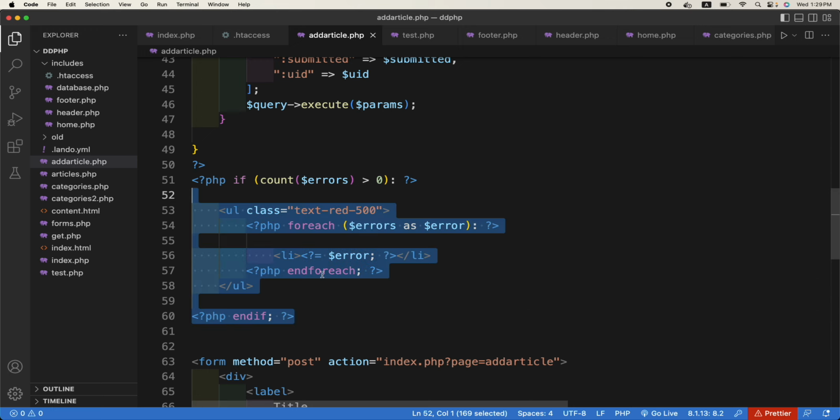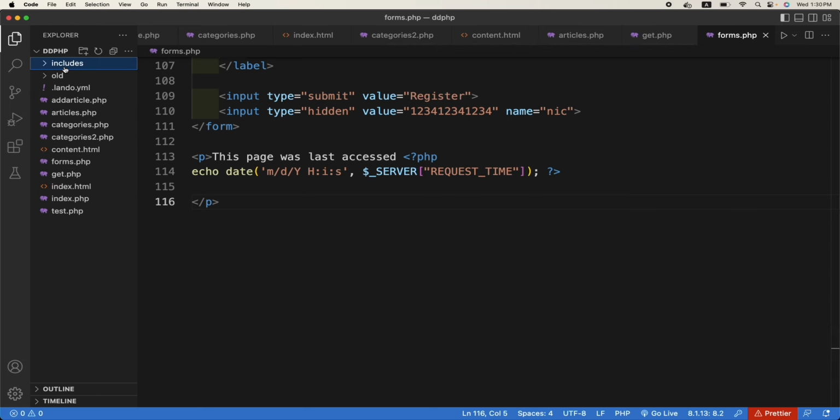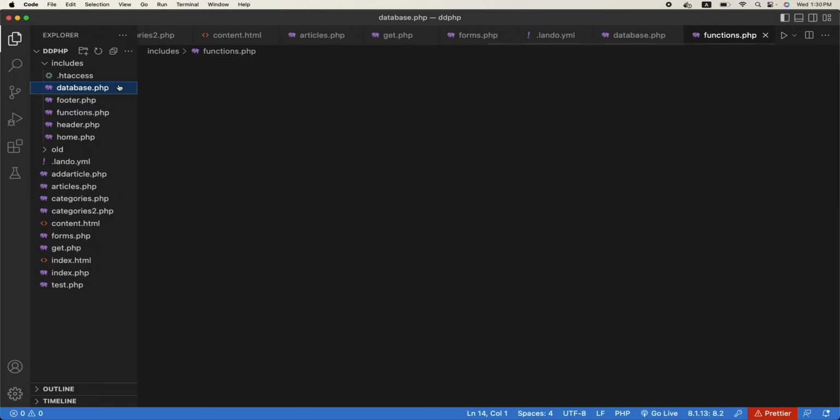Okay, do you think we will need this for all the forms, the errors? Yes, sir. So let us quickly create a function somewhere, maybe in includes we should create a file in includes directory, new file, we will call it functions.php. Okay, in functions.php these are for your utility functions. So output